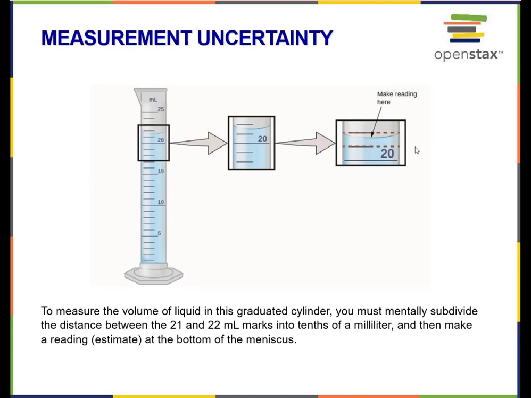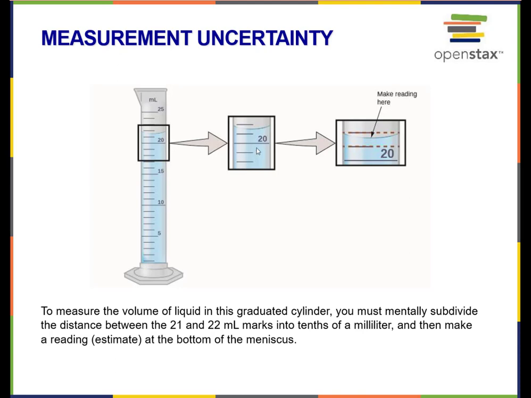So, for example, here's an example that's like the one that I was discussing with the scale, where the measurement sits between two markings on the scale, and we kind of have to make an educated guess as to where that number is. So in this one, if we look over here on the biggest scale, it looks like the markings are supposed to indicate 1 milliliter. So this goes 20, 21, 22, 23, 24, 25, right? And there's 20 down here and 25 up here. So each marking is supposed to indicate 1 mil.